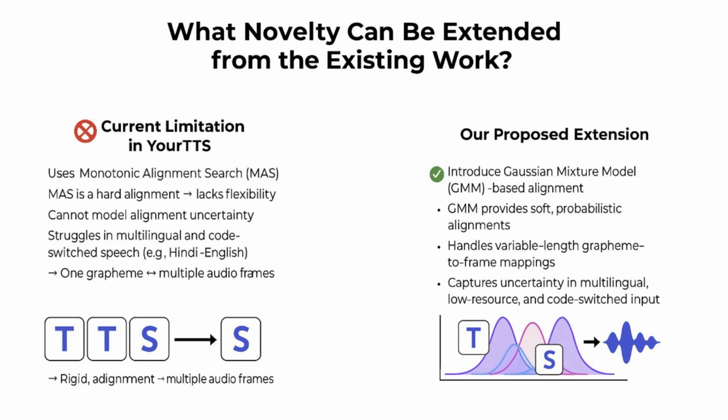As I said, the monotonic alignment search gives one hard alignment path per token. It is stable, but it cannot represent uncertainty. In real speech, the same token can be validly short or long depending on the context. For example, we use "acha" as just "acha", or we can have it like in a question, "acha?". So in code switch speech, the mapping is even more variable.